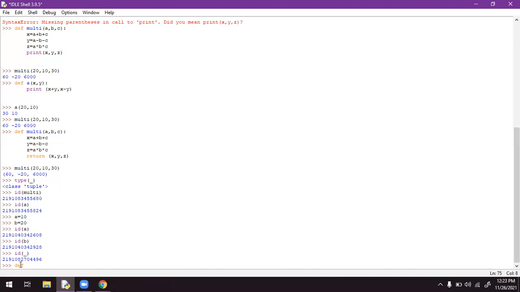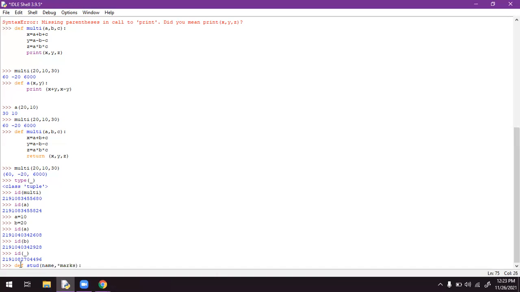I'm creating a function called stud. For the first input, I'm taking name, and for the second input, I'm taking marks.